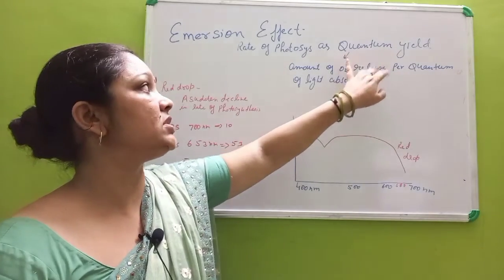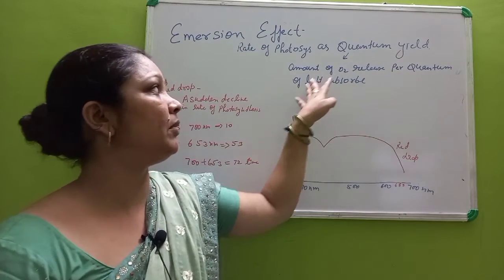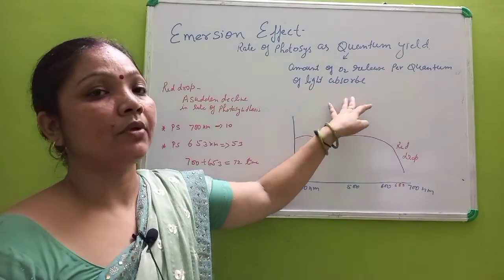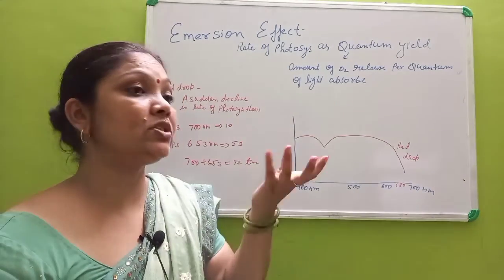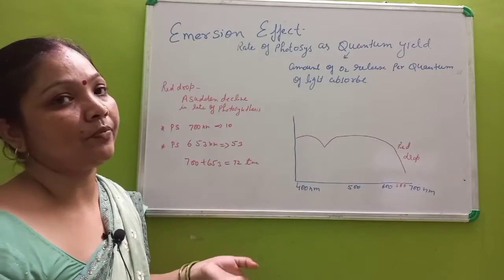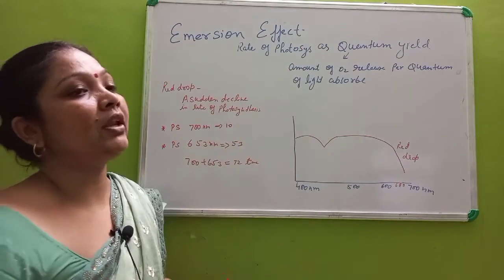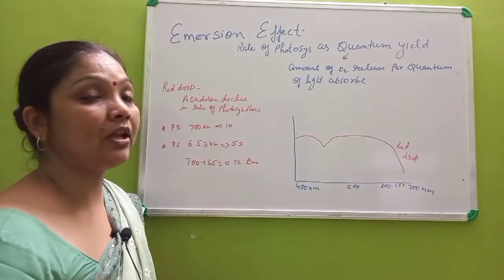Actually, quantum yield is defined as the amount of oxygen released per quantum of light absorbed. It means the amount of oxygen that is released when one quantum of light is absorbed. So that will be defined as the quantum yield. And when Emerson performed an experiment, he